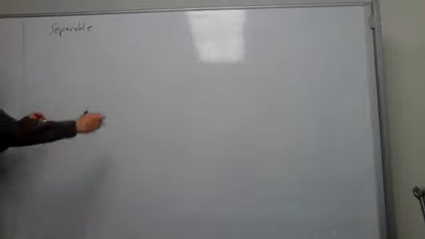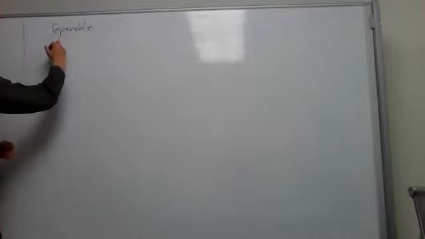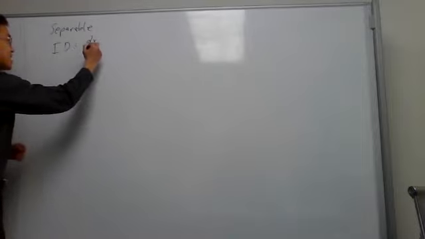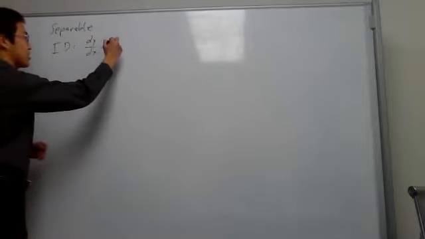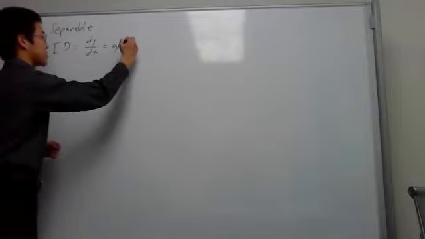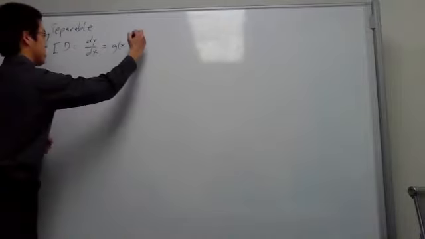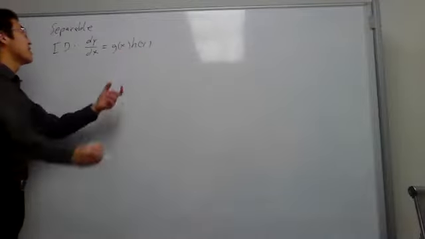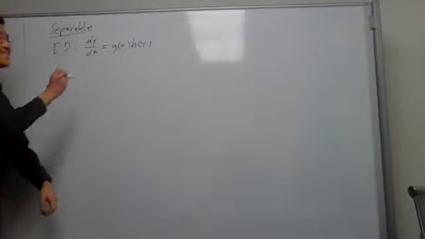Basically, the way you're going to recognize it is going to be some dy/dx. You're going to have two functions on this side. One of them is going to be strictly in terms of x. The other one's going to be strictly in terms of y. If you can get it to separate out like that, there's a really good reason why they call it separable,